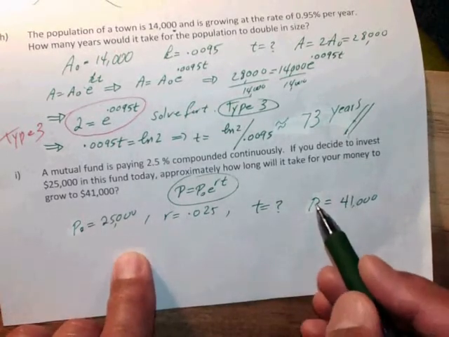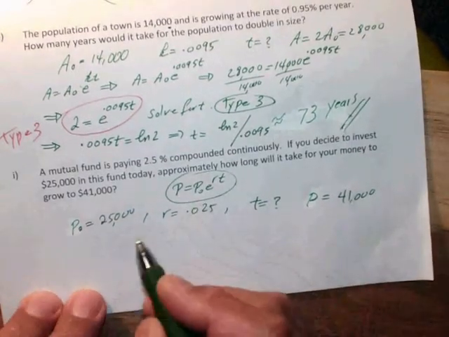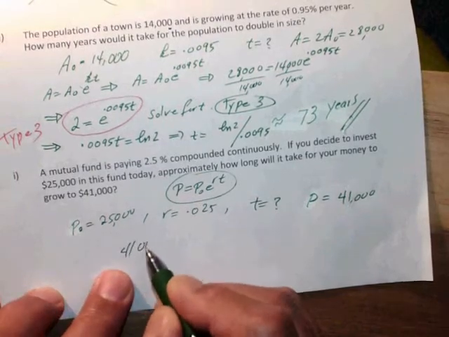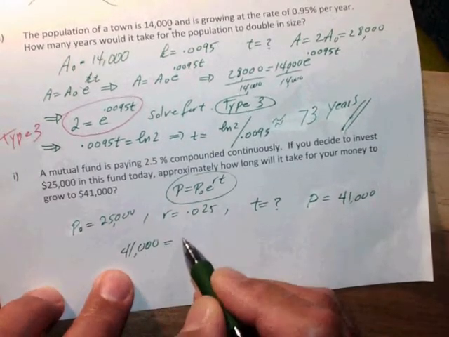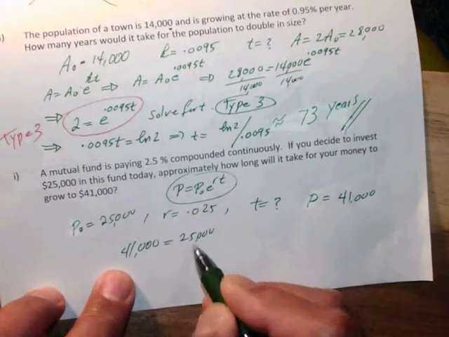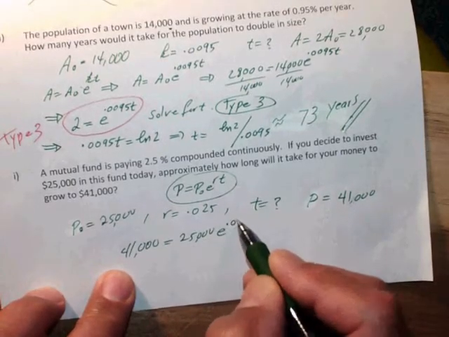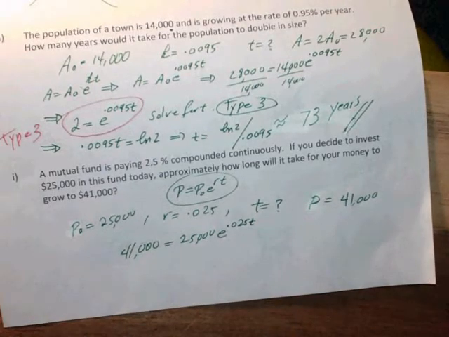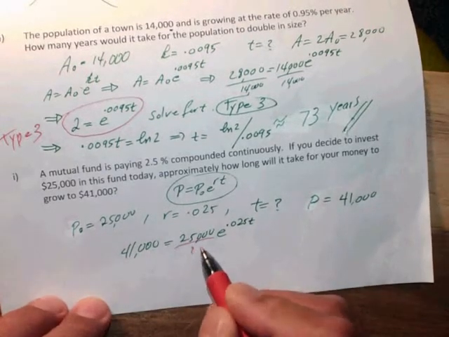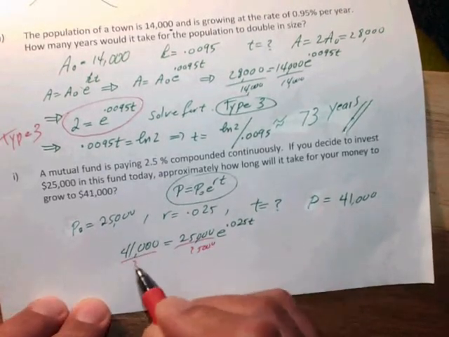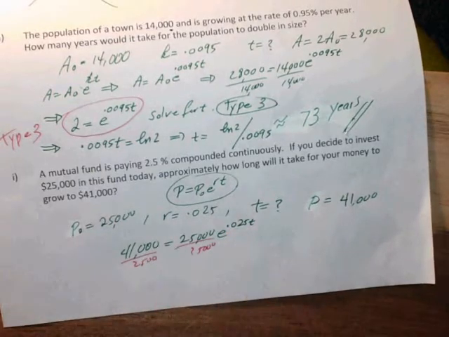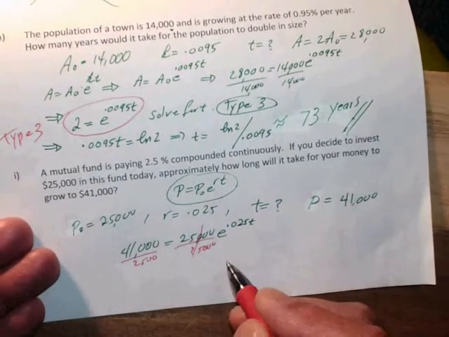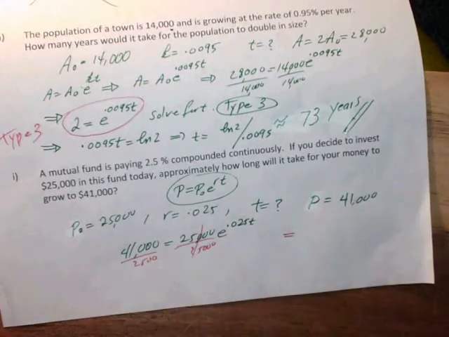Initial amount is 25,000, final amount you want it to be 41,000. Put it in this formula, so you get 41,000 equal to 25,000 e to the 0.025 t. Okay, and to solve this, you divide both sides by 25,000. So if I do that, this becomes 1, so you get